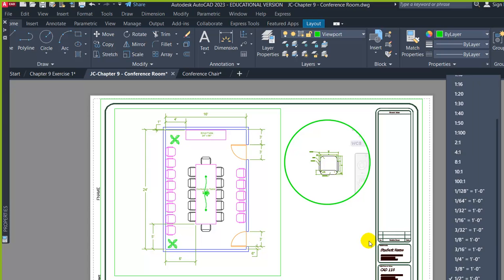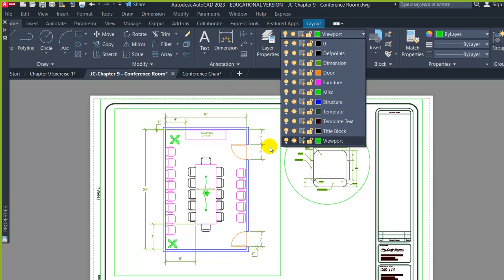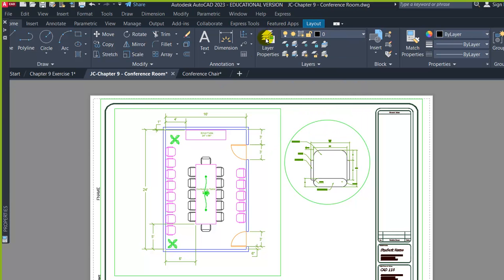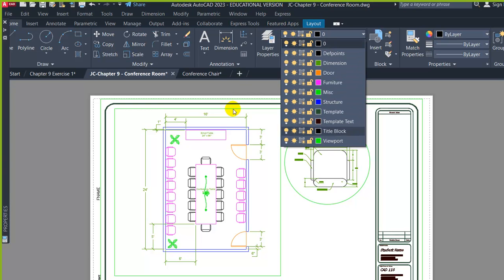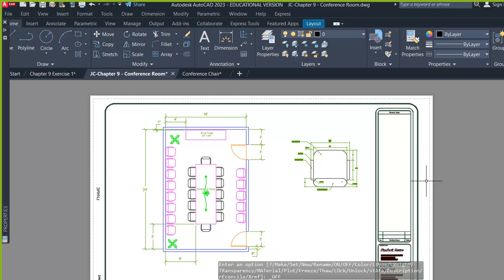Try 1-to-1, Joe. There you go. Very nice. And so we can add those details. If you want, you can also turn off the viewports, just go to a different layer, and then you can hide those. Sometimes it looks better when they float like that. And so that's not a bad way to start to incorporate a number of these features that we're working on within AutoCAD. And so the assignment is to create the conference room furniture plan,